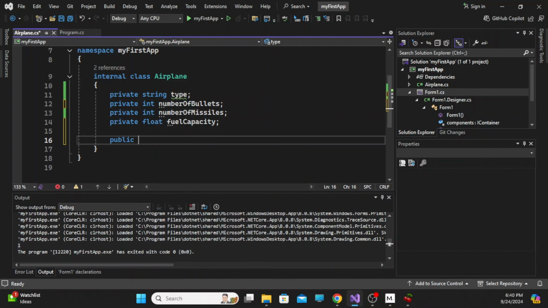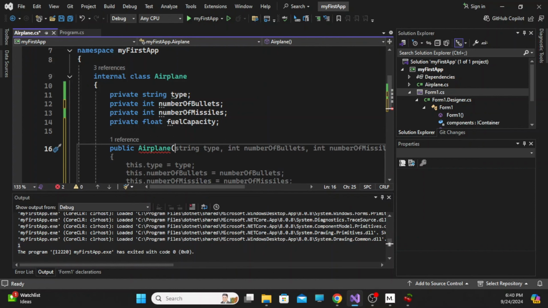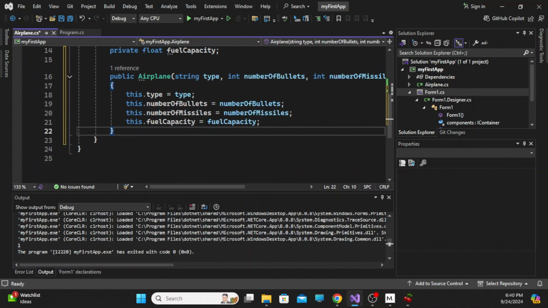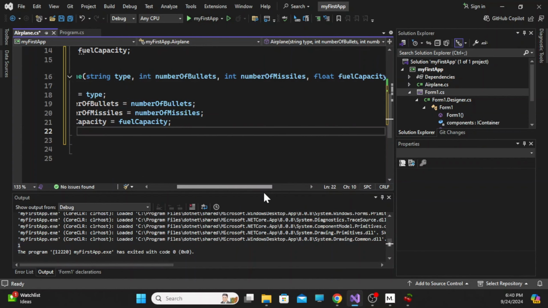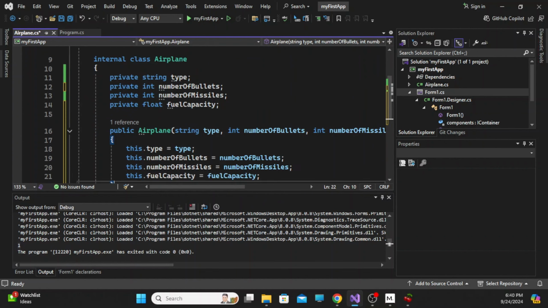So public, of course, Airplane, and if I click tab, you see it has been created for us: string type, int numberOfBullets, int numberOfMissiles, float fuelCapacity. this.type here refers to the actual property of the class itself. this.airplaneType equals type. Type in blue is the one that is taken from the outside, from the accessor,